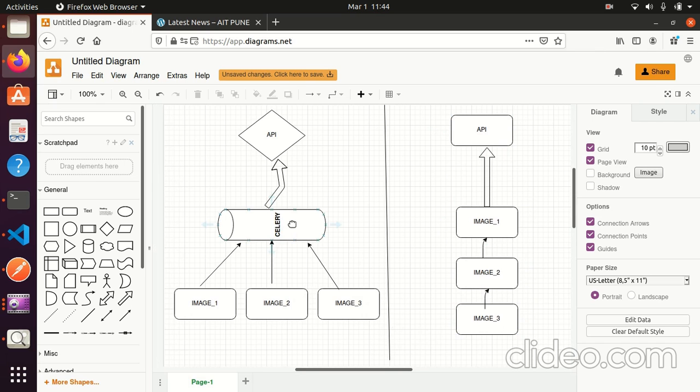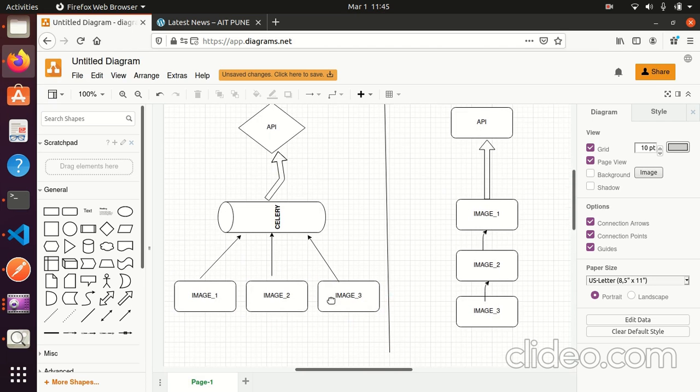Celery is a task queue which is used for asynchronous programming in Python. It uses a message broker, for example Redis in our case today. So basically we have three images like in the right case, but in the case of asynchronous programming there won't be any dependency. In this case you can see that image 2 depends upon image 1, but in asynchronous programming none of the images will depend upon each other for the text extraction. This behavior makes our app less coupled and less dependent on each module.